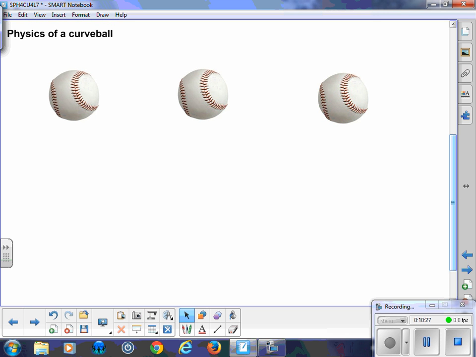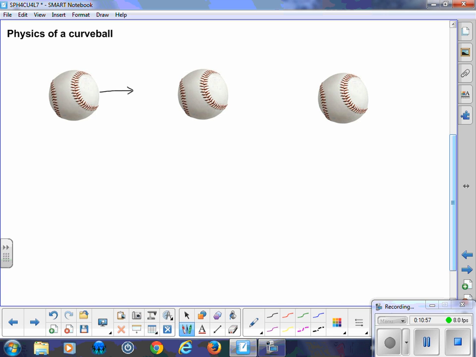There was a big controversy with the shape of the soccer ball in the FIFA championships in Africa, because the ball they had, I believe it was 1 or 2 less panels than a typical soccer ball, which changed how it reacted in air. So every sport has that aerodynamic component. So I just want to show you a little bit of the physics behind the curveball. So keep this simple, let's go,